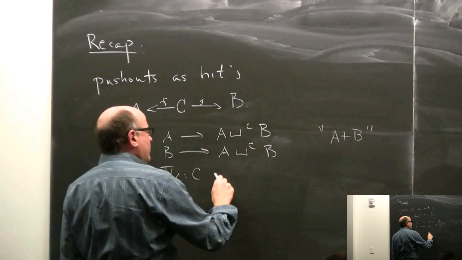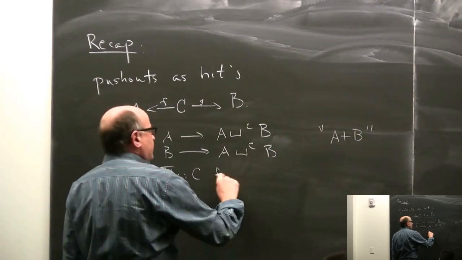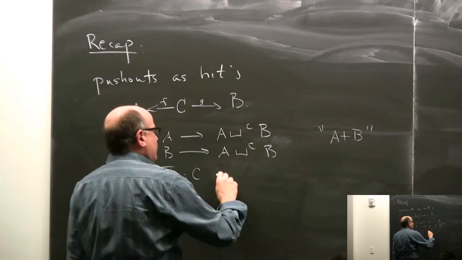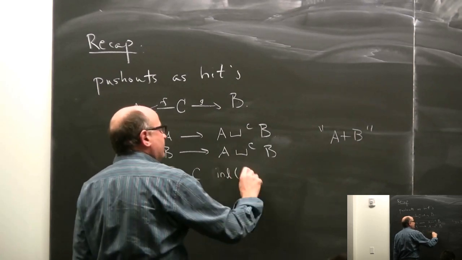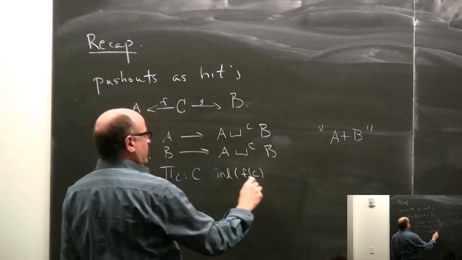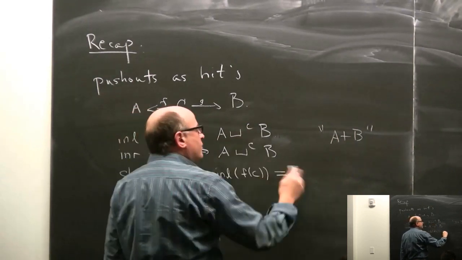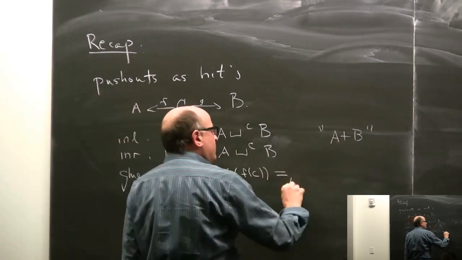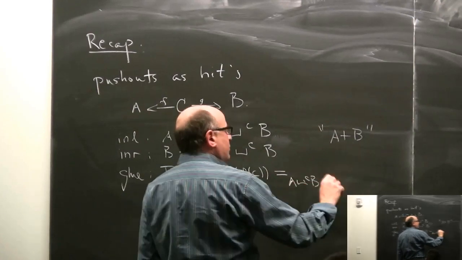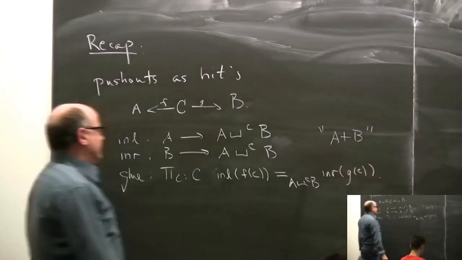So we end up putting some equations that say that the inl of f of c, because that should go to the left, I hope, if I did everything right. Last time I got confused. Should be equal in the target that we're putting here to the inr of g of c, for all the c's in C,